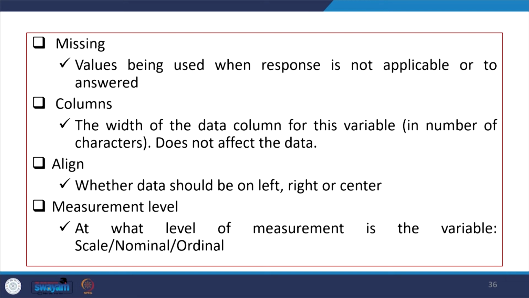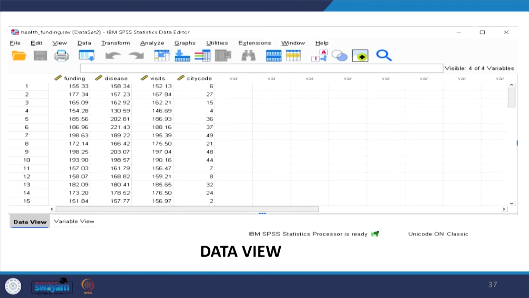For missing, if this variable has missing values, such as values used when a response is not applicable or not answered, you can add them as missing. Columns is the width of the data column for this variable. Alignment, left or right, should be given. Measurement, either scale, nominal, ordinal, etc., should be defined.